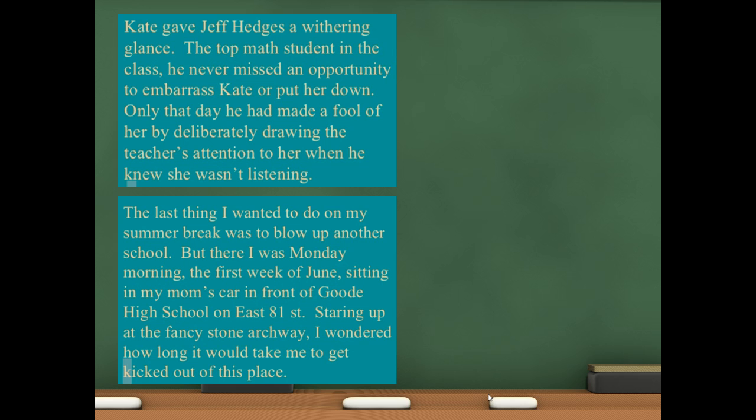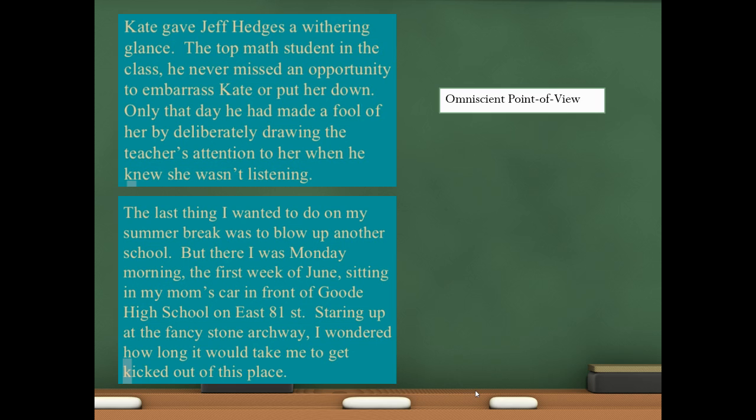What do you think about this one? I think it's basically omniscient, because we see what Kate is feeling, right? Kate is feeling that he had made a fool out of her. You could probably observe that, but really, whether Kate is made a fool of is something that she has to think or feel herself. So we're told what Kate is thinking or what she feels.